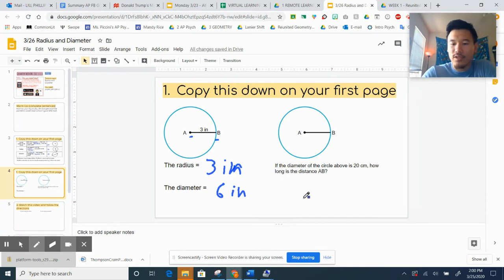If the diameter of the circle is 20 centimeters, so not the radius, it says the diameter. The diameter of the circle is 20 centimeters. How long is the distance A to B? We see that A to B is the radius. So we said earlier that the radius is half the diameter, so it's going to be half of 20 centimeters. So I'm going to say that the radius